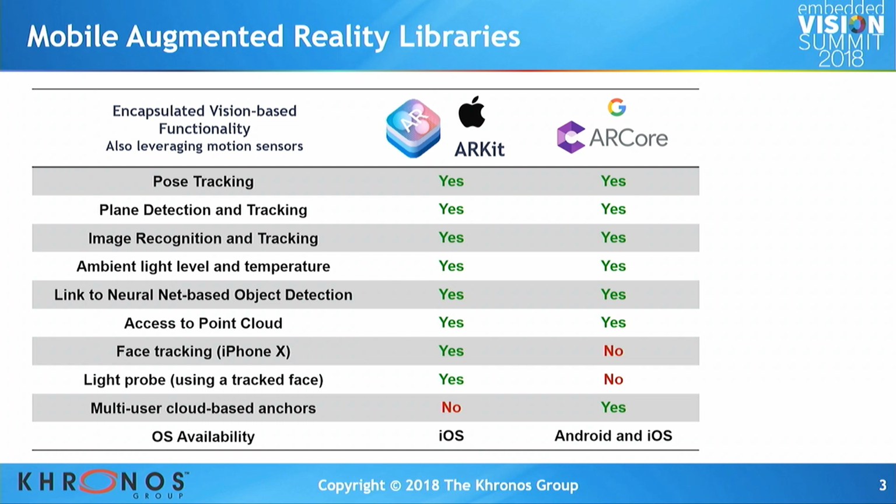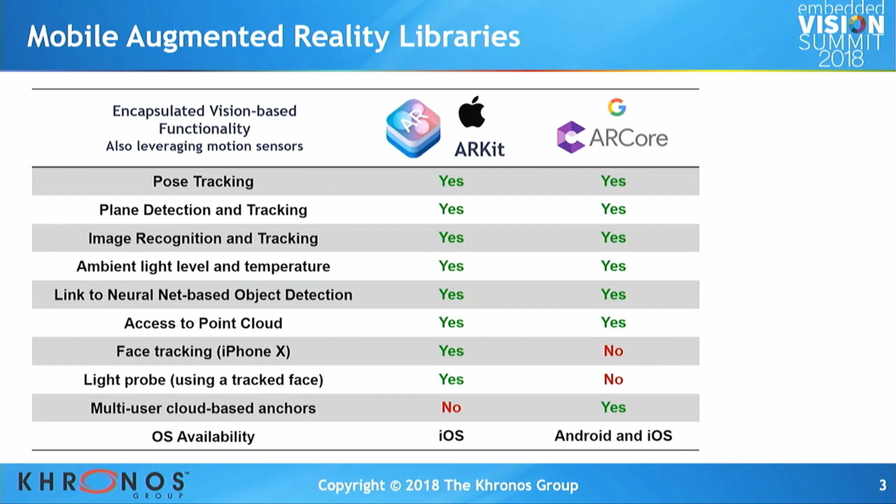The key thing they're doing is providing pose tracking. So they're doing SLAM-type processing, so they're getting the pose of the device in the real world. Very high quality if you've ever used either of these. And they're using motion sensors. Because they're encapsulating just a simple call to an API to get the overall pose, they can do as much black magic under the covers as they want to do. And they, of course, have access to lots of system facilities.